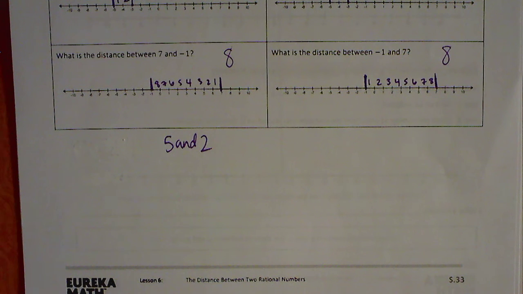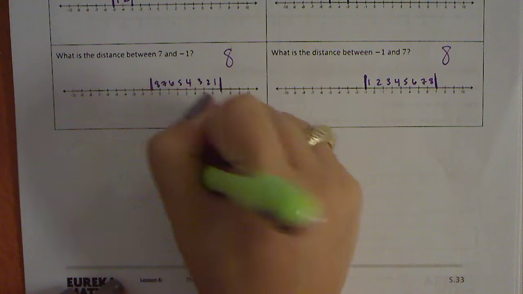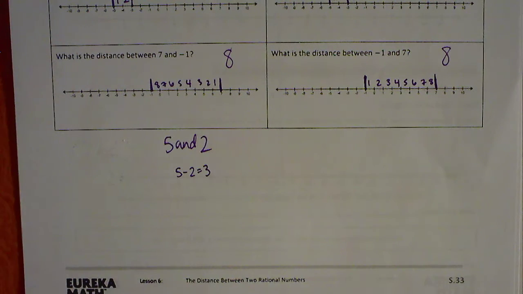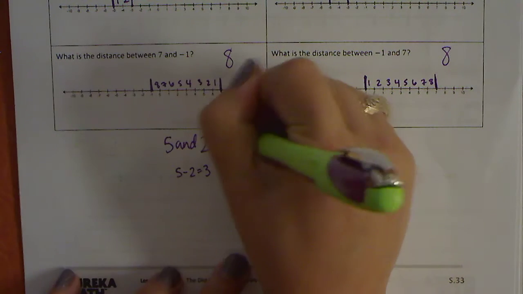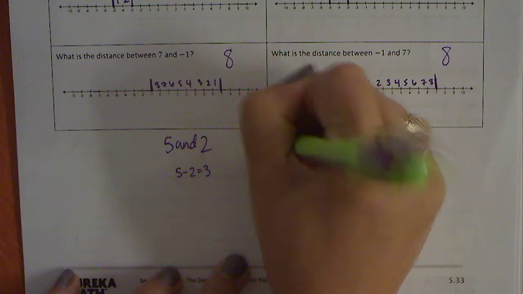Now that you've been reminded about absolute value, I want to talk about how we find the distance without actually using a number line. So when I ask you what the distance is between 5 and 2, you know that it's 3 because 5 minus 2 is 3. But then if I ask you for the distance between 2 and 5,